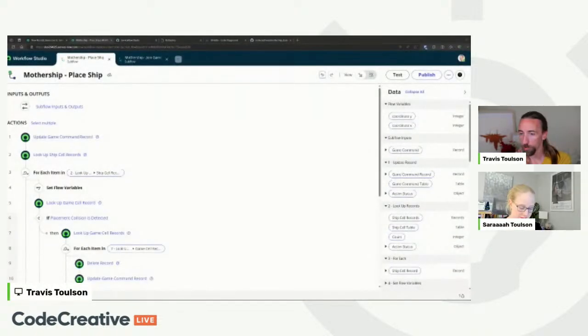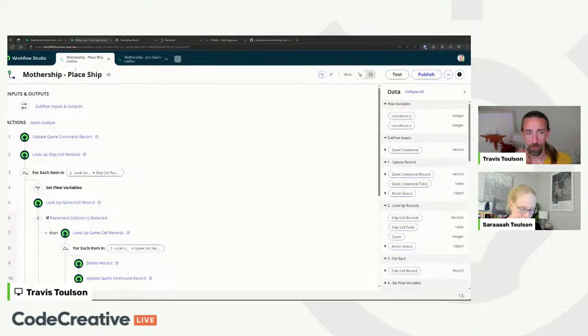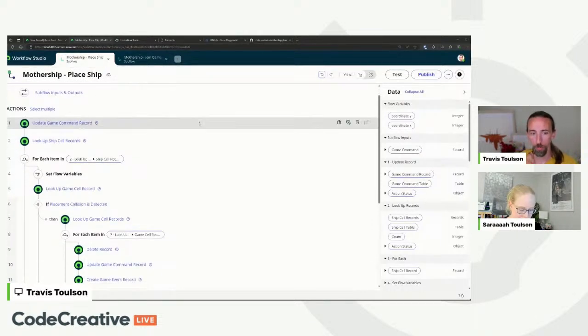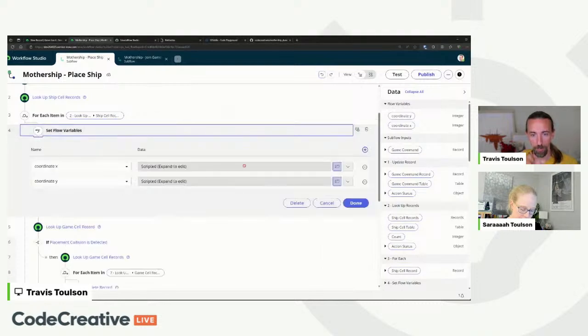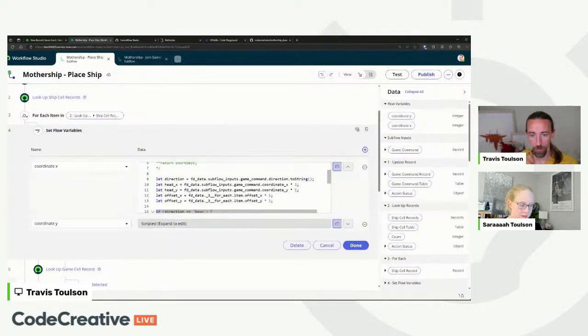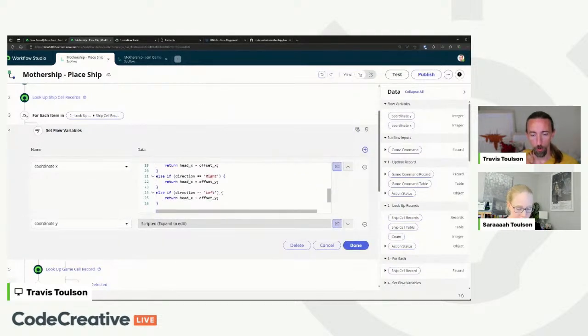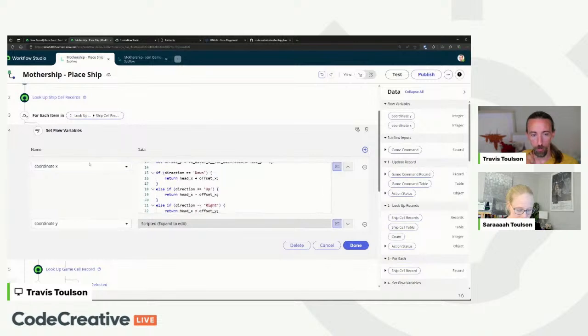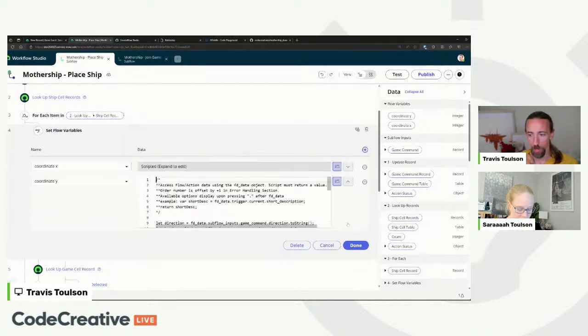And then Chase had a question. The thing you put up was the game action of place ship. Yes, this is the subflow that will handle the place ship command. And the place we have the scripts is down in here. So we're calculating the coordinate X and coordinate Y